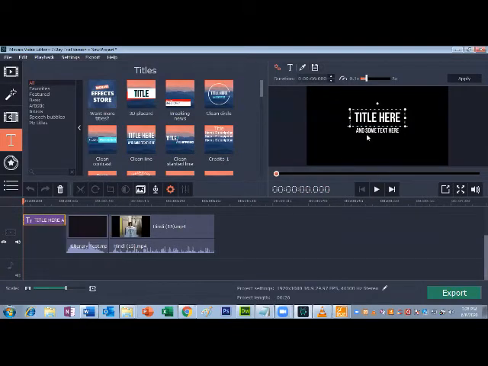So now you can see in the video panel, after double clicking on this, you can edit here. Just write the name. We can stretch it just like an image for increasing the size.